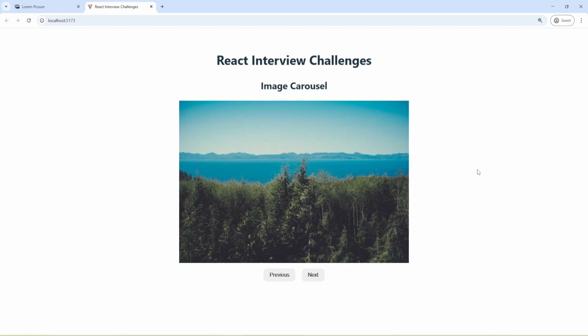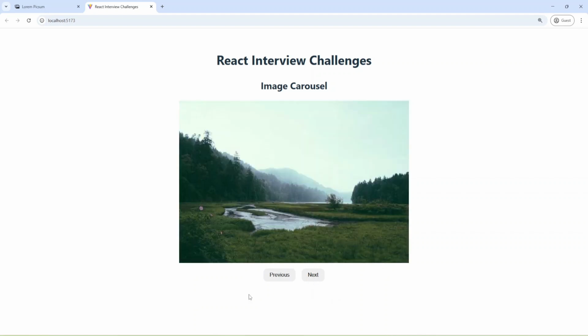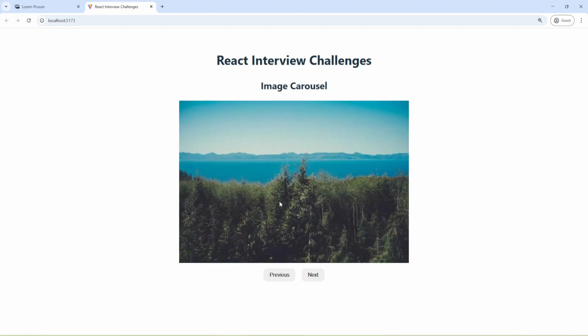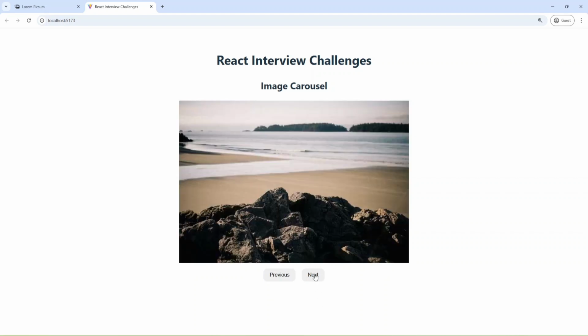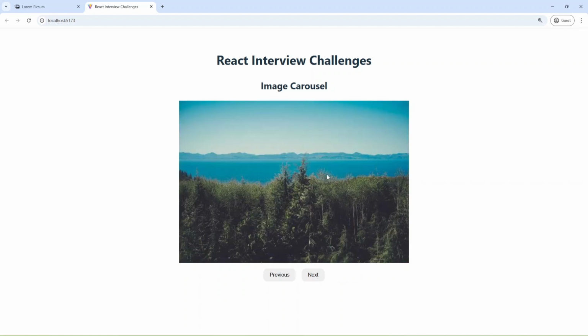Today I'm going to provide and explain the solution to the image carousel React coding interview task. Let's take a look at the design. As you can see, we have some headers, an image, and the buttons previous and next. When I press the next button, I see the next image, and I can return to the previous image by clicking the previous button. I can navigate between images by clicking the buttons, and then I'll go to the beginning, and also I can go to the end.